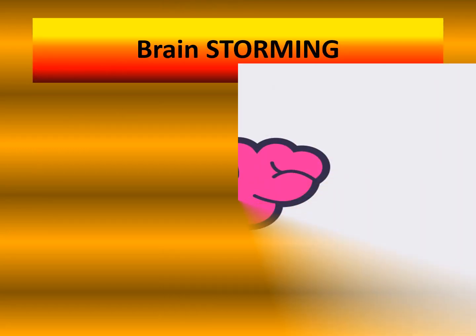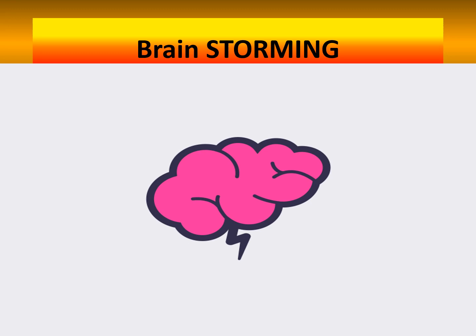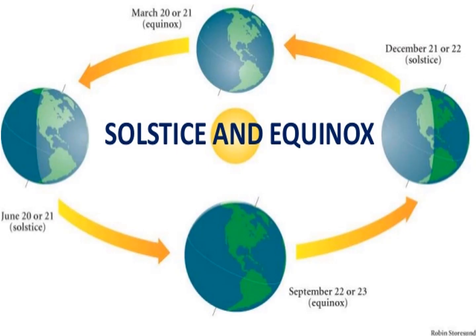Before starting today's lesson, I will ask a question to check your previous knowledge about the topic. What comes to your mind when you see that picture? Yes, this picture shows all 4 different seasons that we experience on the surface of the earth. These seasons change when the earth changes its location during the revolution around the sun. These 4 seasons come after every 3 months when earth reaches its new location in its